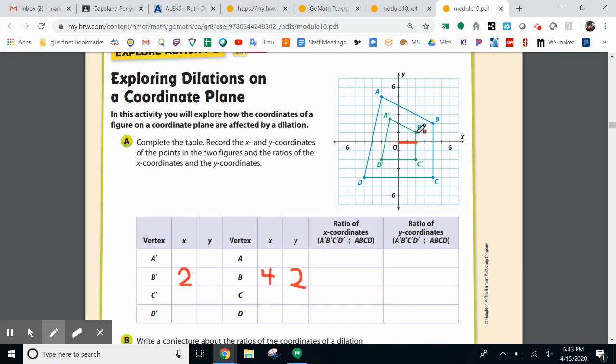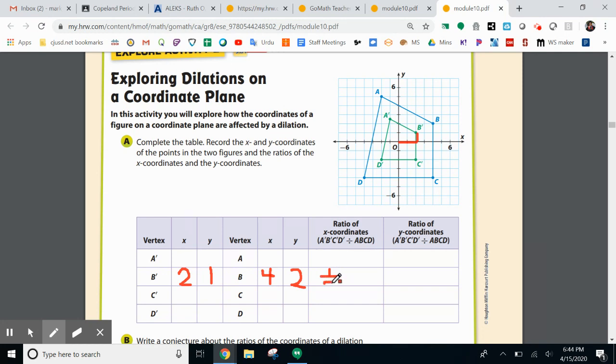And I'm going to go up 1. So now you can see from B, we had 4, 2. And from B prime, 2, 1. Now this ratio here, you can see it went by half. So 4 became 2. 2 became 1. So this is